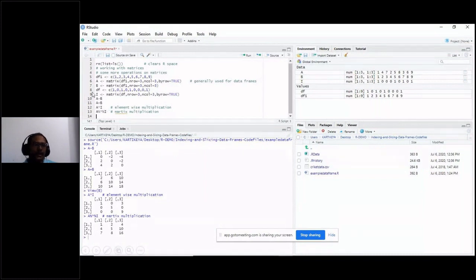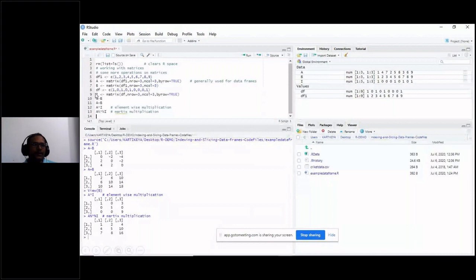Say I am choosing the matrices A and B. Matrix A is created taking the data frame df1, again the same example, but I have renamed it as df1. A is created by row, and B is created column wise. You can see how the values will change. 1 2 3 4 5 6 7 8 9 is the first case. In the second case it will be 1 4 6, the first row, right?